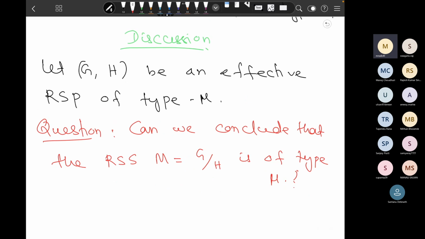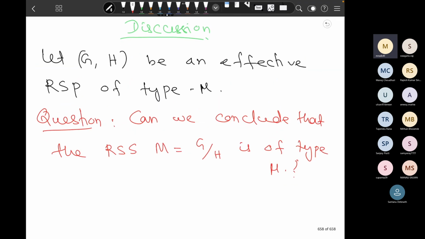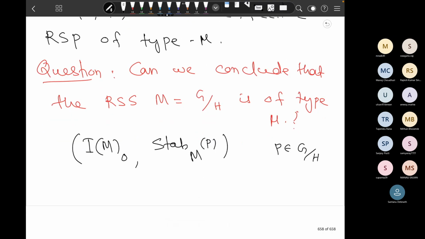So see, the thing is to show that M is of type mu. So by definition, what I have to look at? I have to look for this symmetric pair, this I(M) naught and this stabilizer of some P, where P belongs to G mod H, right? I have to look at this symmetric pair. Okay. So, but the thing is, since